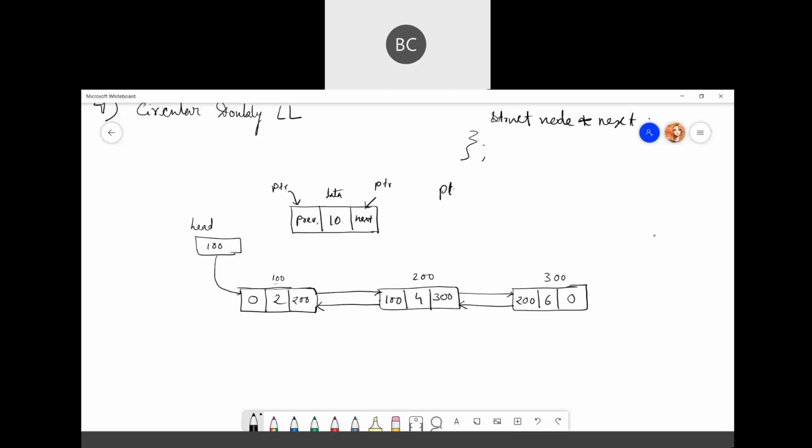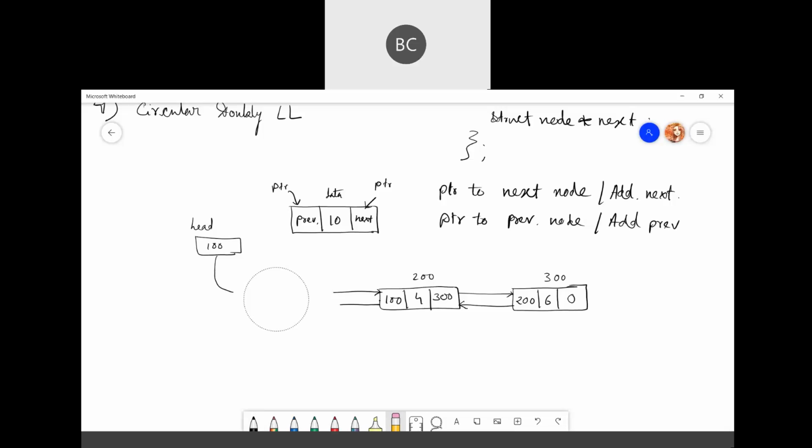One is the pointer to the next node, which is basically the address of the next node, and the pointer to the previous node, which is again the address of the previous node.